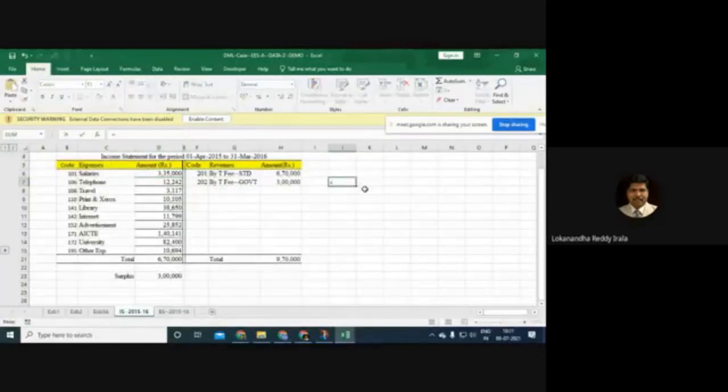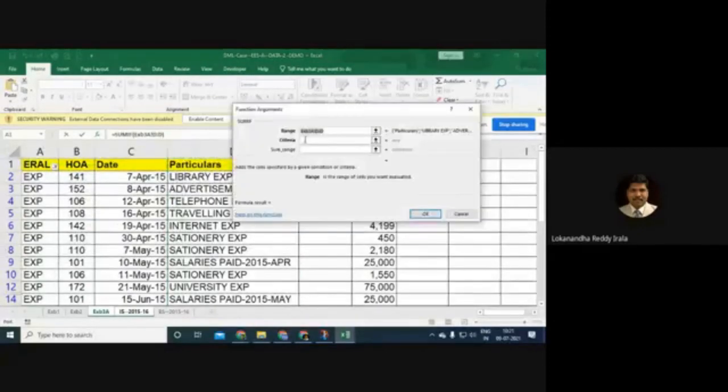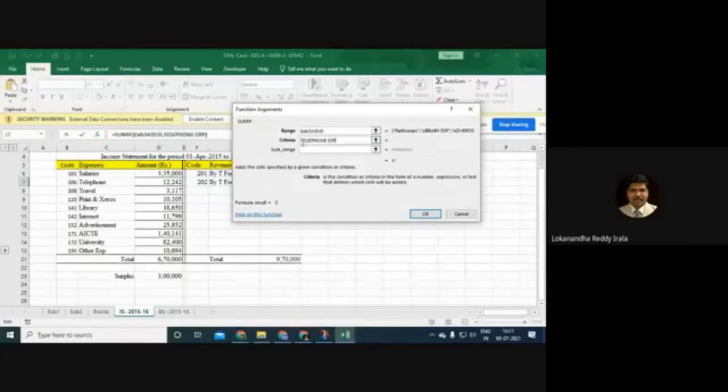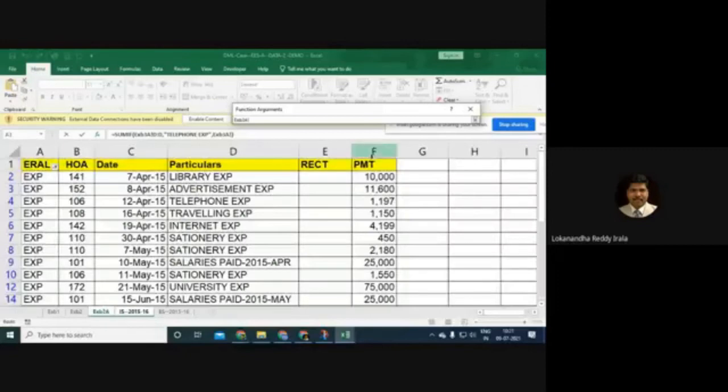Let me calculate here, SUMIF. The range I will take is this, because I don't have a code. I'm just trying to answer. Then the criteria will be this, telephone expenditure. Let me put it in quotes because it is text. Then the sum range is payments.